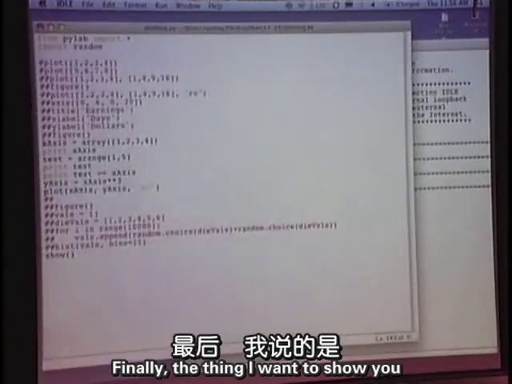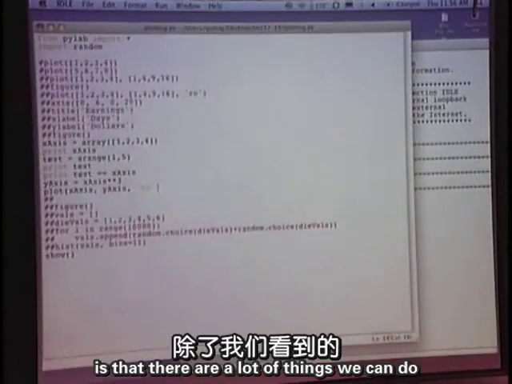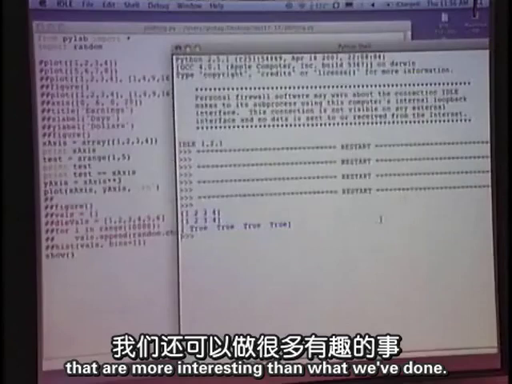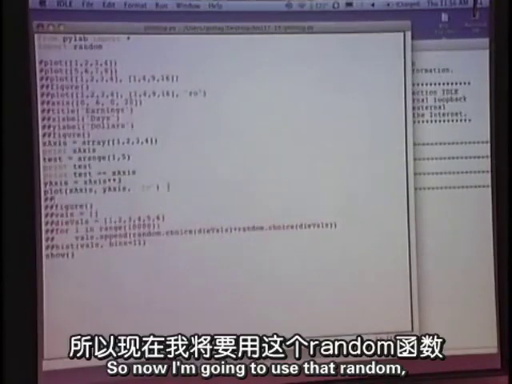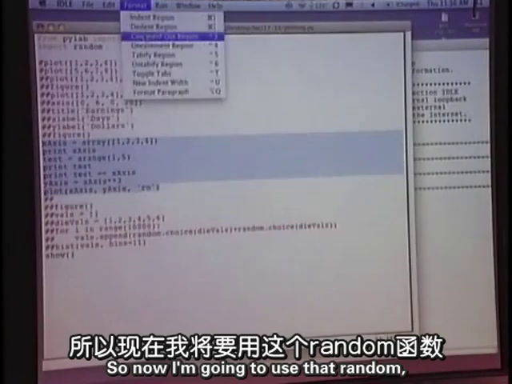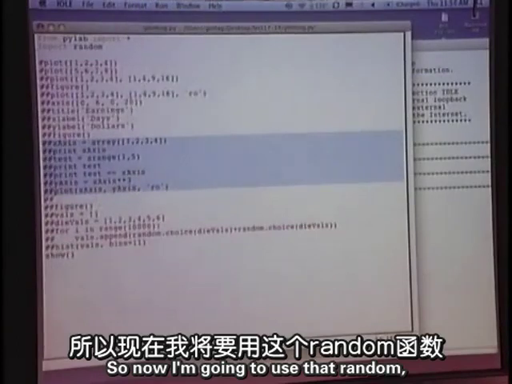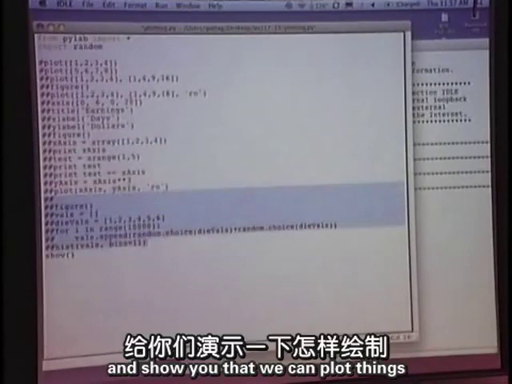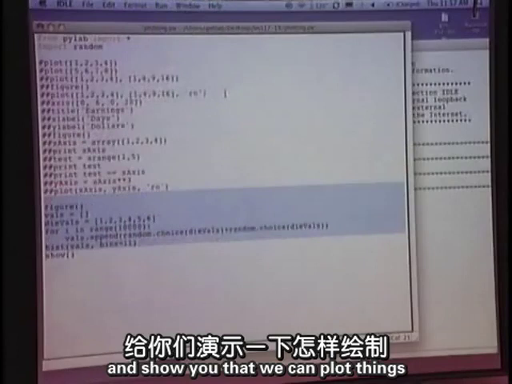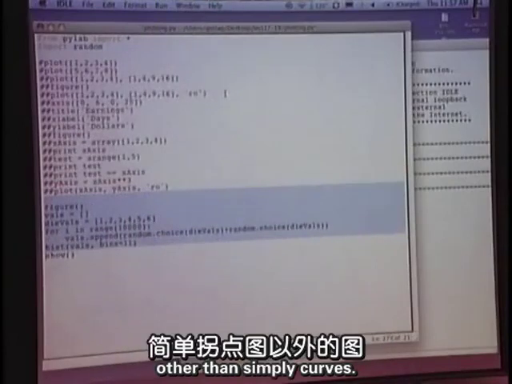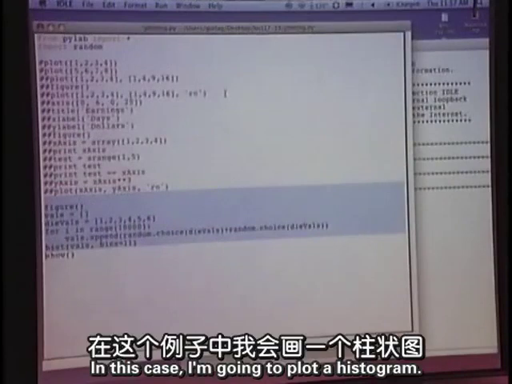Finally, the thing I want to show you is that there are a lot of things we can do that are more interesting than what we've done. So now I'm going to use that random, which I brought in before, and show you that we can plot things other than simply curves. In this case, I'm going to plot a histogram.